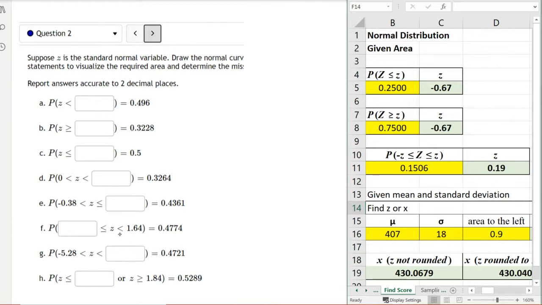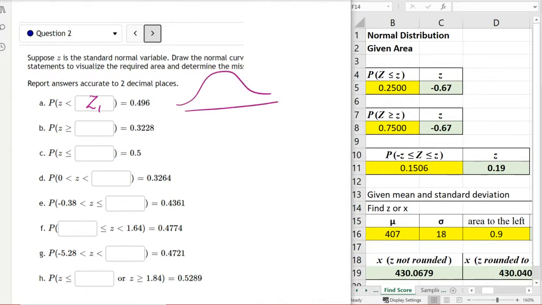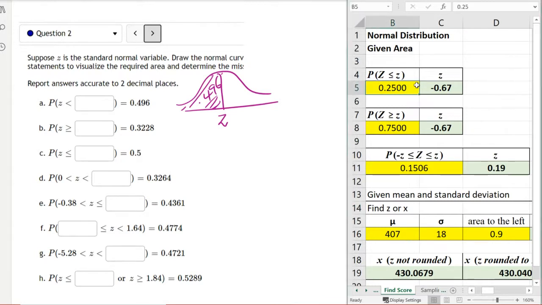So if I'm looking for the Z score, let's call this Z1 here. If I'm looking for that, I have an area given to me here of 0.496 somewhere here, and it's less than. So it's this side here. So I'm looking for this corresponding Z score. I can do a reverse lookup using the table, or in this case, I can just put 0.496 here, and it's going to give me the corresponding Z score, which in this case is negative